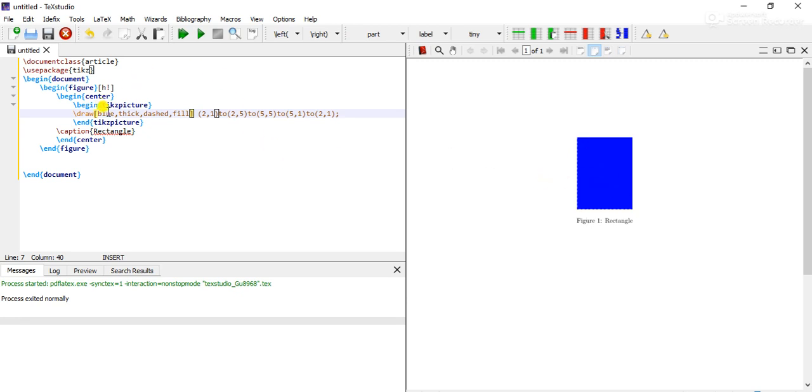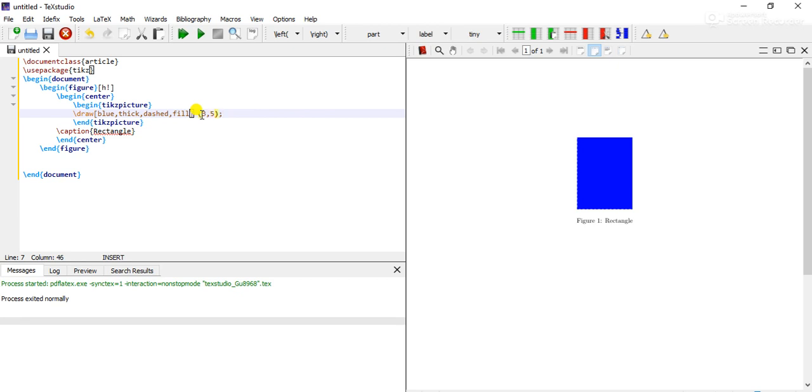So next, we'll see how to draw a circle. It will be a different thing. If we want to draw a circle, we should give the center point as well as the radius. So now I can have the same thing, and I'll give the center point as 3 comma 5, right?